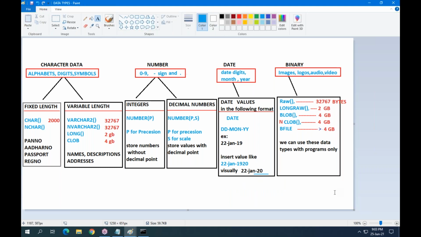You will understand in the functions. Remember guys, Oracle has a predefined date format, DD MON YY: digits of date, first 3 characters of month name, last 2 digits of year number.